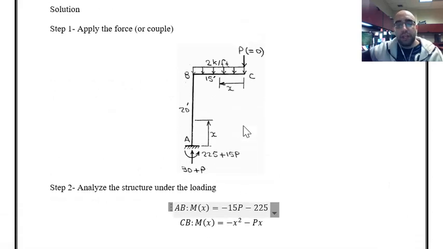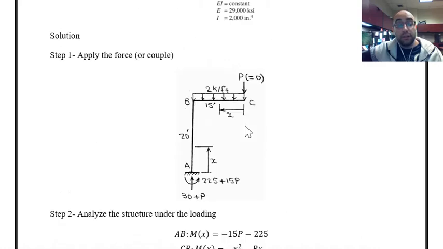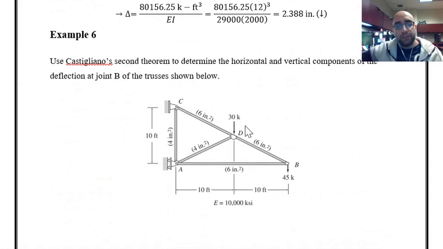For just having some training, you can look at this example and use the work energy method for solving this problem. That can be a good training and also can give you more information about the methods that we have for finding deflections, and you can compare them and see how the procedures are different, and also you can compare the accuracy of the methods in terms of the changes that you can see in the final value for the deflection. So this was the fifth example, and let's move forward to the last example, which is